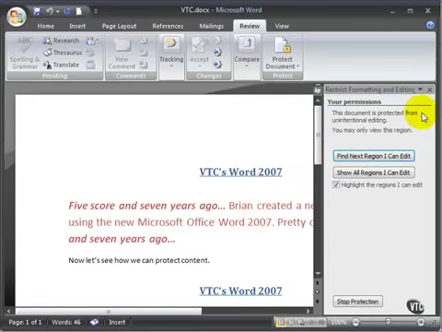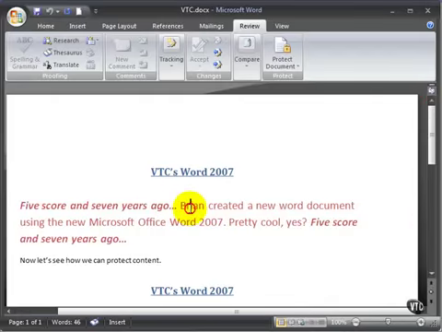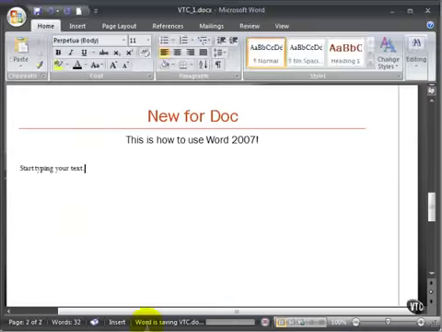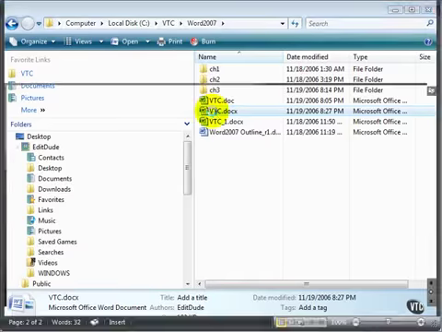Now, we can close this. If anyone comes in here to this read-only document and starts to make changes, well, you probably can't see it too well, but I'm trying to make an edit to this document, and it's not allowing me to do so. If I close this and say yes, I want to save the changes, and then I go back later on and open it up again